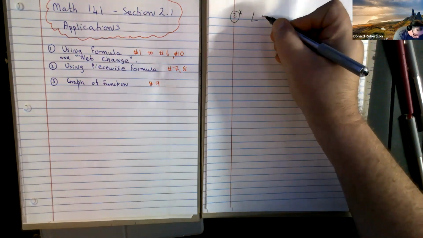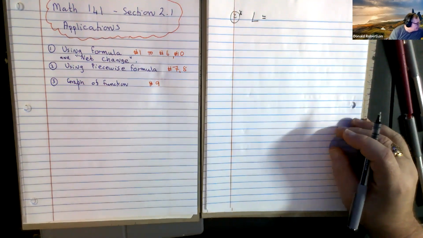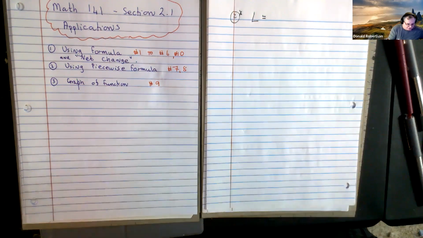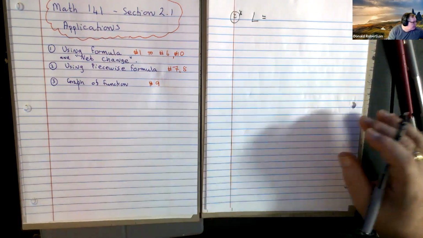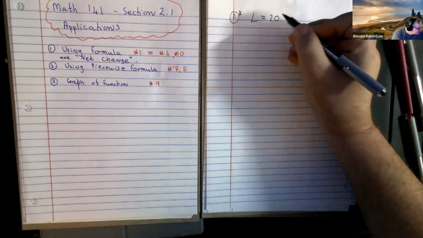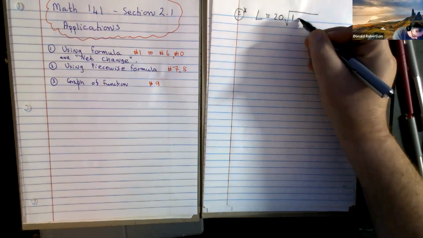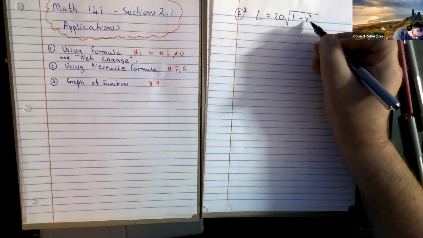And the formula for how long something is, that may have started off at 20 meters. So imagine it's not moving at all, right? It's 20 meters. The length of that object becomes 20 times the square root of 1, take away the velocity squared,